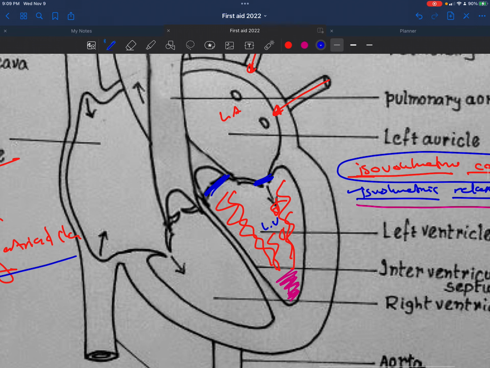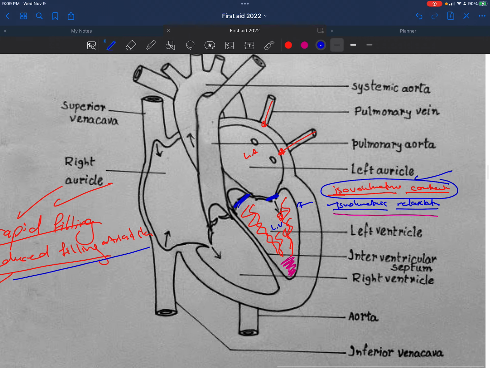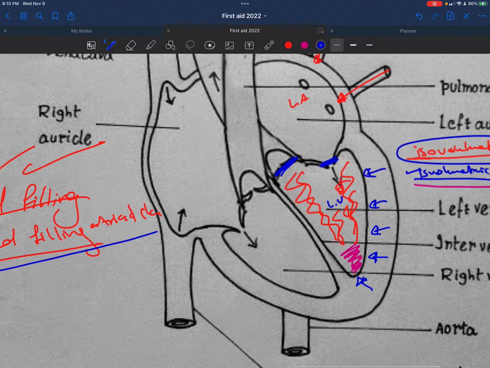So now the left ventricle undergoes the isovolumetric contraction, so it starts contracting without a change in the volume, only a change in the pressure. This is the isovolumetric contraction. This is how it looks, following the green line. And this is where the aortic valve opens. There you go, it moves this way. So now the aortic valve opens,